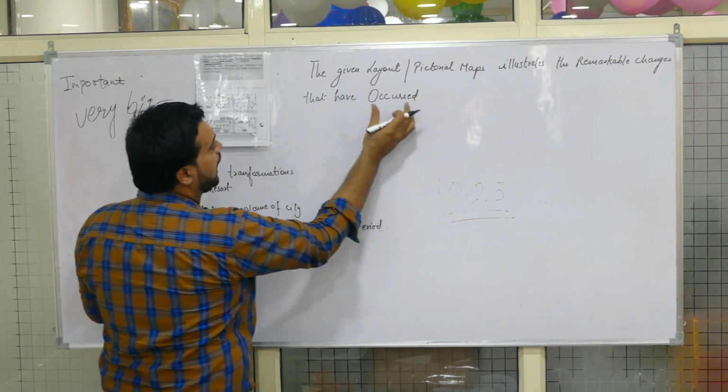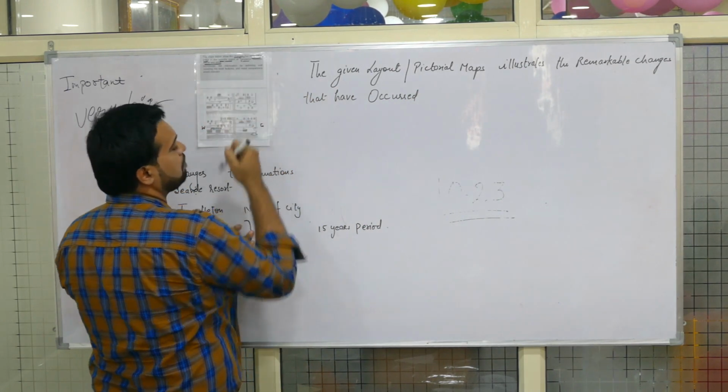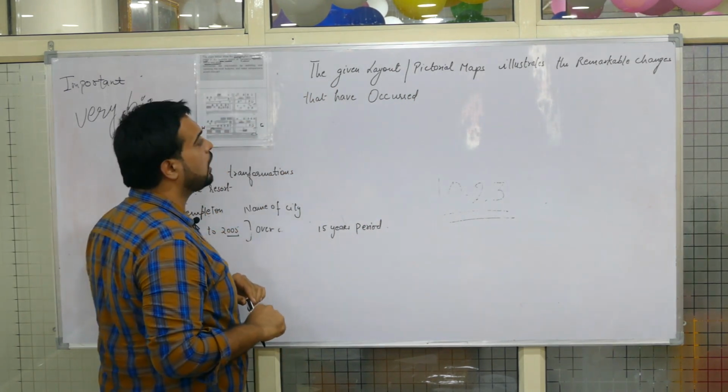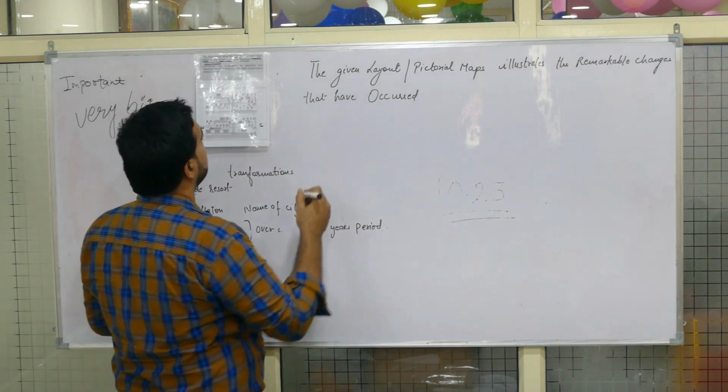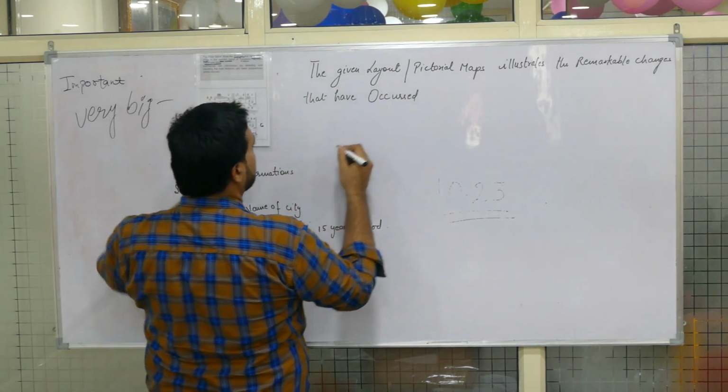I've used the word occurred instead of taken place. It is a synonym of that. Have taken place, I've used have occurred. It's called the resort of Templeton. I have written